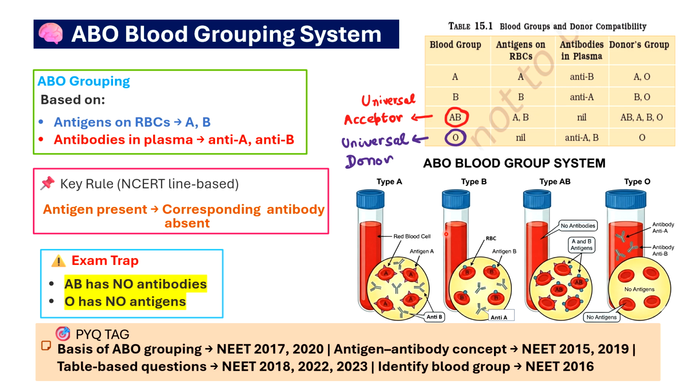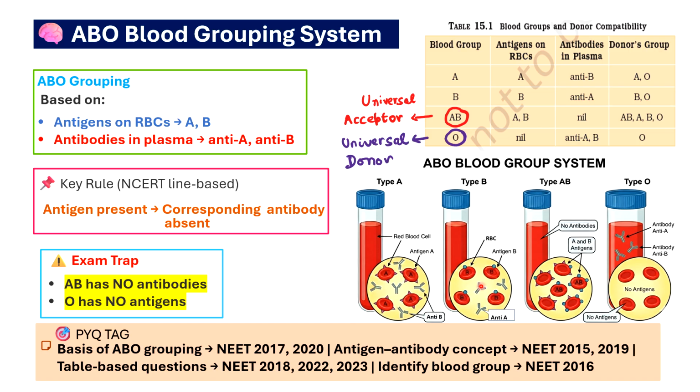So, which blood types have antigen B on the RBC surface? Type B has antigen B. Type AB has both the antigens, so it also has antigen B. If you see type O, it does not have any antigen on the RBC surface. So, a type A person can accept blood from type A as well as type O. Is that clear? Similarly, a type B person can accept blood from people who do not have antigen A